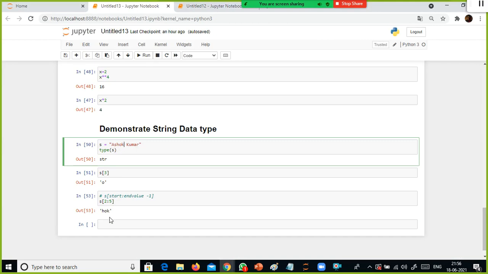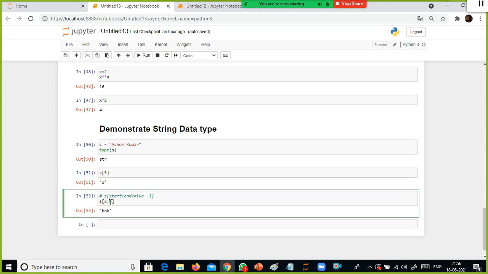So 2 to 5 means start from the second index value till the last index value minus 1, so 2, 3, 4, HOK, end value minus 1. You need to remember this one. This is the syntax. You need to follow this one. This is specific to Python.